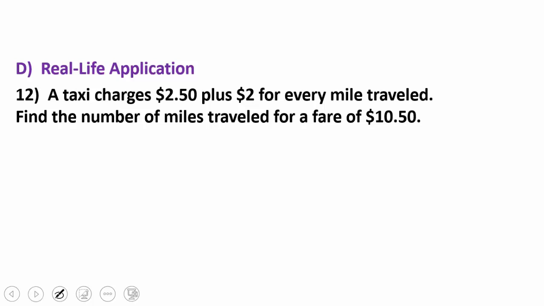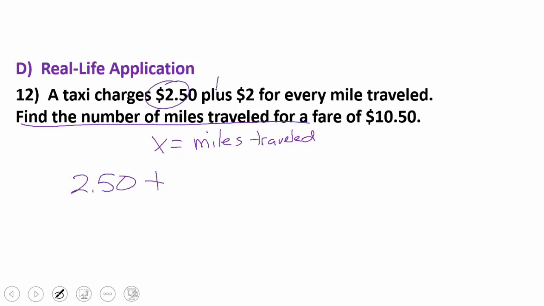Number 12 says a taxi charges $2.50 plus, excuse me, I gotta start over. A taxi charges $2.50 plus $2 for every mile traveled. Find the number of miles traveled for a fare of $10.50. So our question says find the number of miles traveled, so my variable x is going to equal miles traveled. They're charging us $2.50 plus $2 for every mile that we travel. That's x. And we get a fare of, that means it's equal,